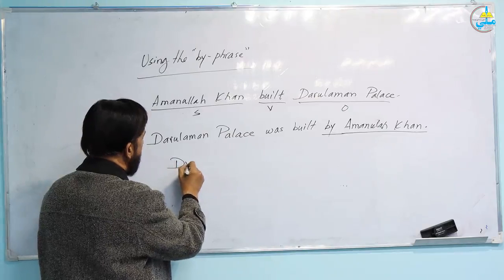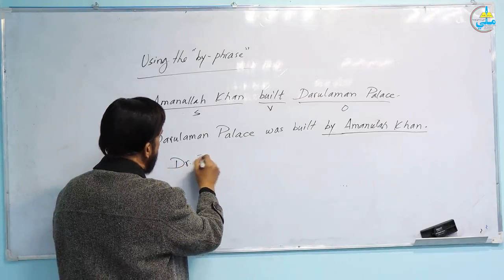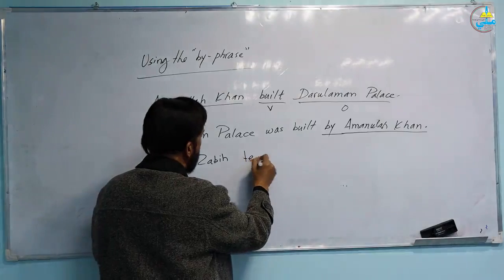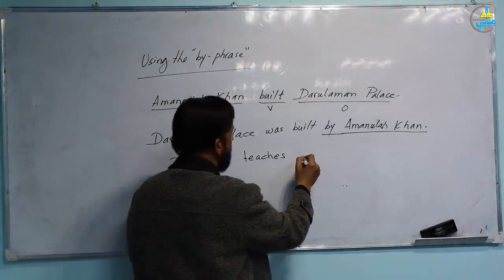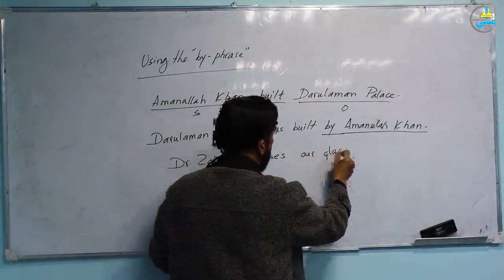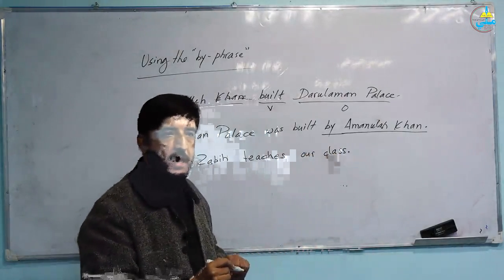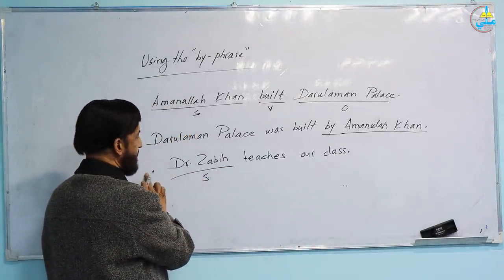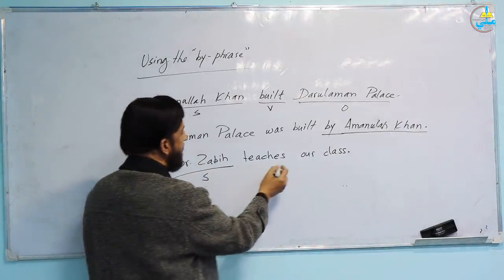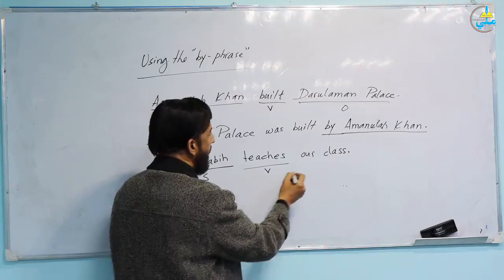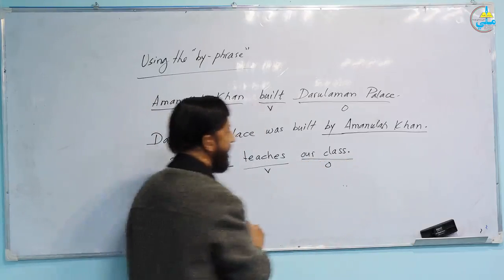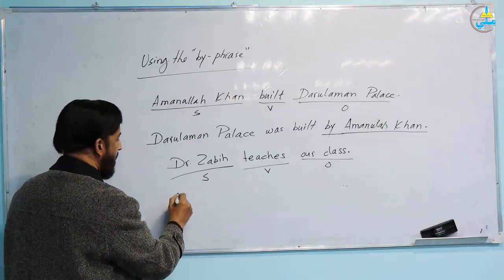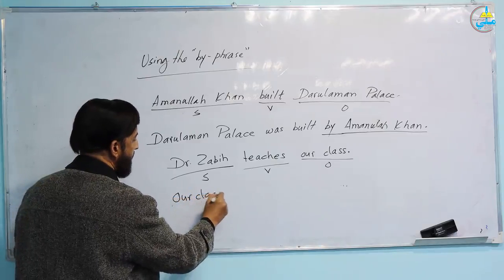For example, say Dr. Zabi teaches our class. Dr. Zabi teaches our class. Dr. Zabi is the subject. This is an active sentence. Dr. Zabi is the subject. Teaches is the verb. Our class is the object. So since this sentence has an object, we change it to passive. How? Our class